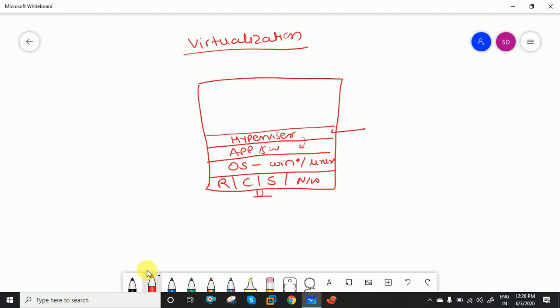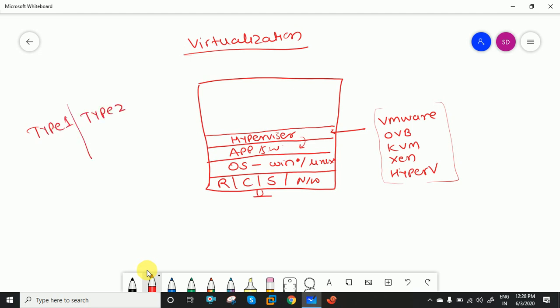So what kind of hypervisors are there? Just like we have VMware, Oracle VirtualBox, or KVM, Xen, right? Likewise Hyper-V. A lot of environments you will get as virtualization software, hypervisors, right? Or the virtualization softwares. There are also two types of hypervisors, type 1 and type 2.